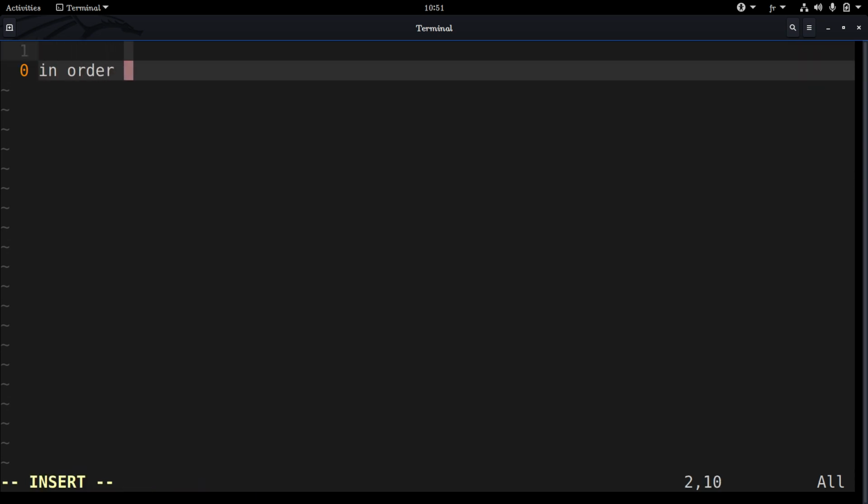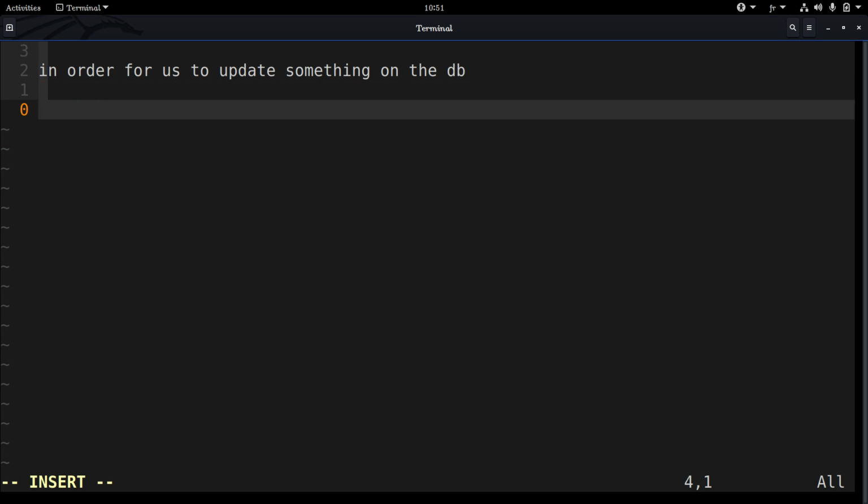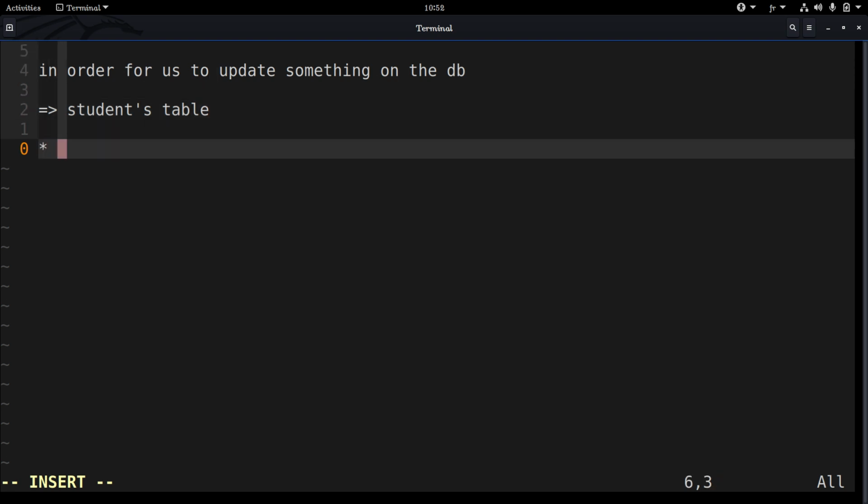So in order for us to update something on the database, we need, for example, the primary key of that thing. So let's say we have students, the students table, okay, and this table has, for example, Muhammad, or Ahmed, for example